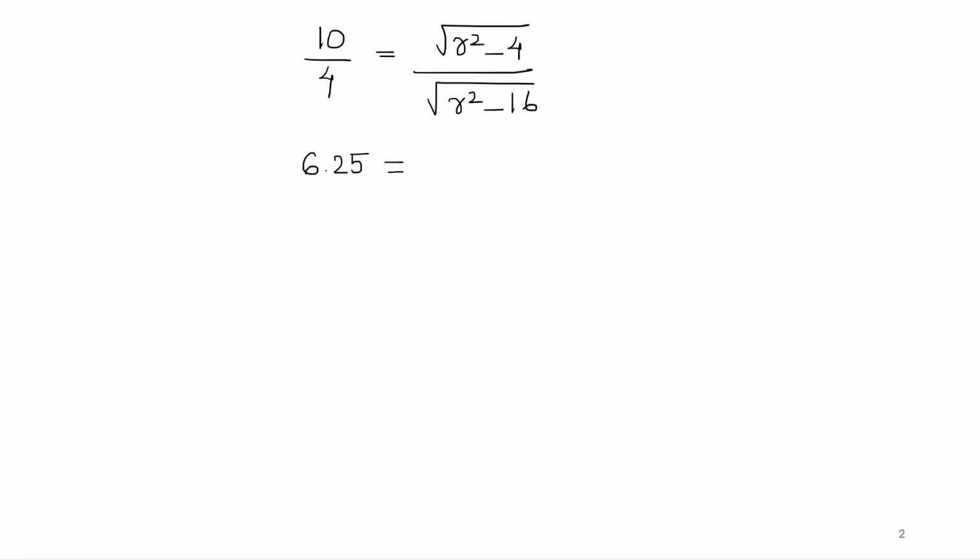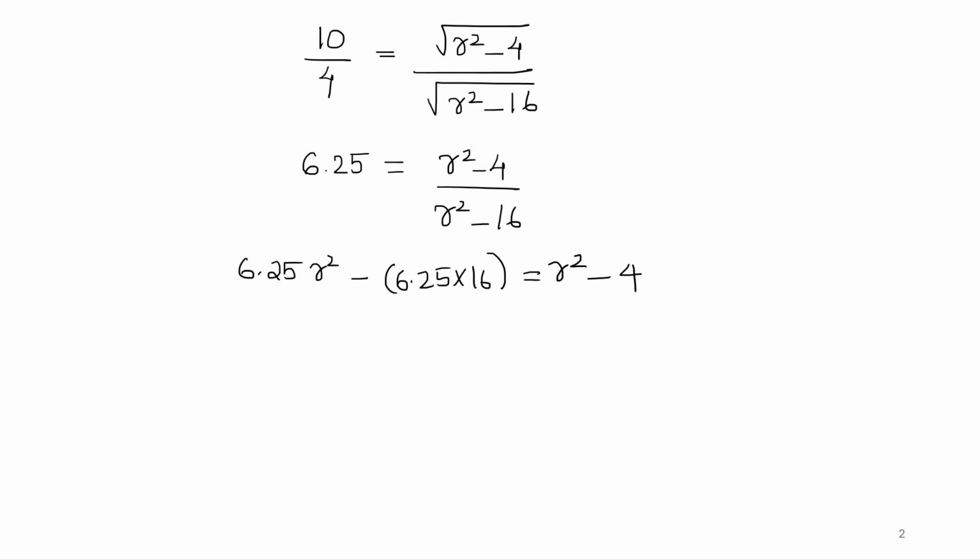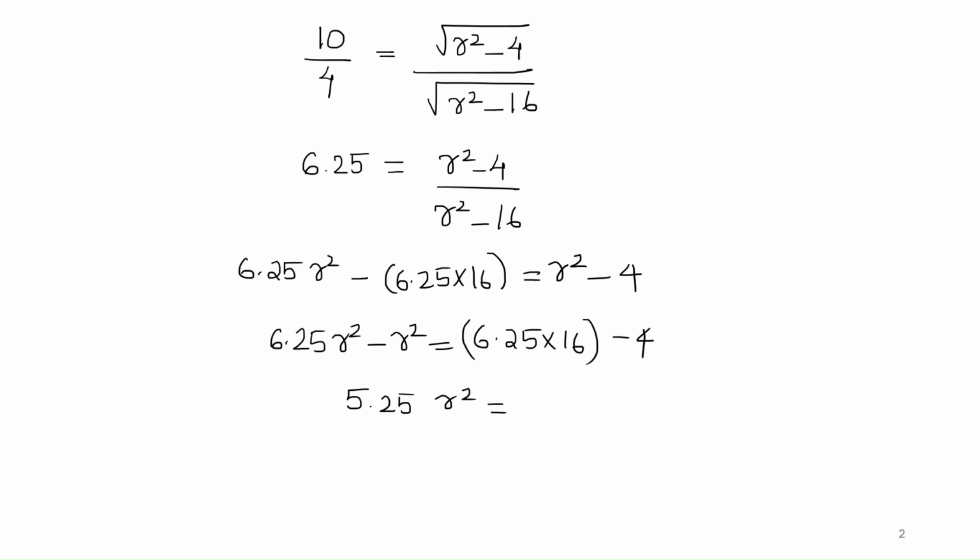that is 6.25. That is equal to r square minus 4 divided by r square minus 16, and 6.25 r square minus 6.25 into 16 is equal to r square minus 4. Then 6.25 r square minus r square is equal to 6.25 into 16 minus 4. That is 5.25 r square is equal to 96, and we will get the value of r as 4.28